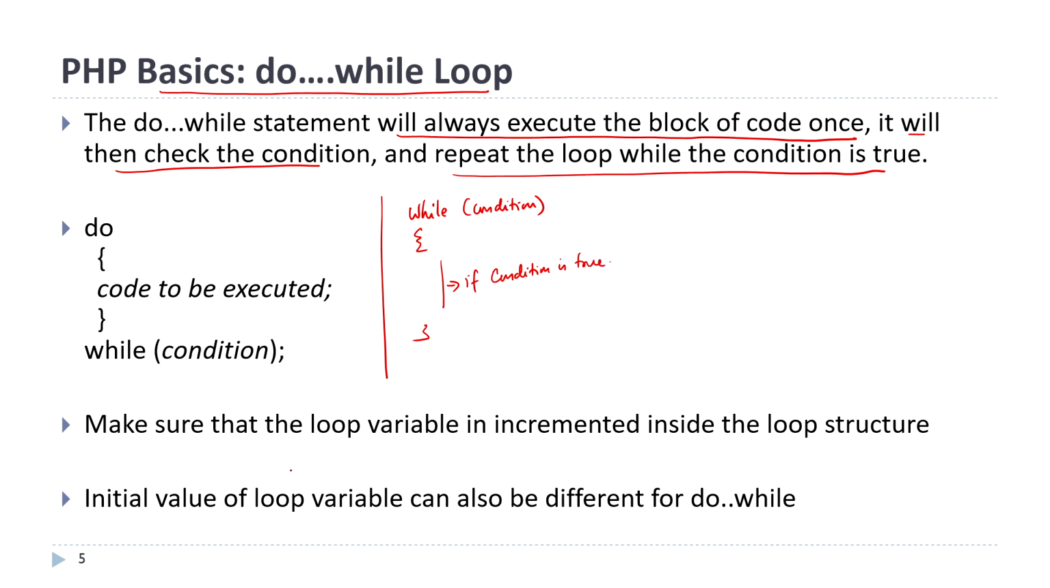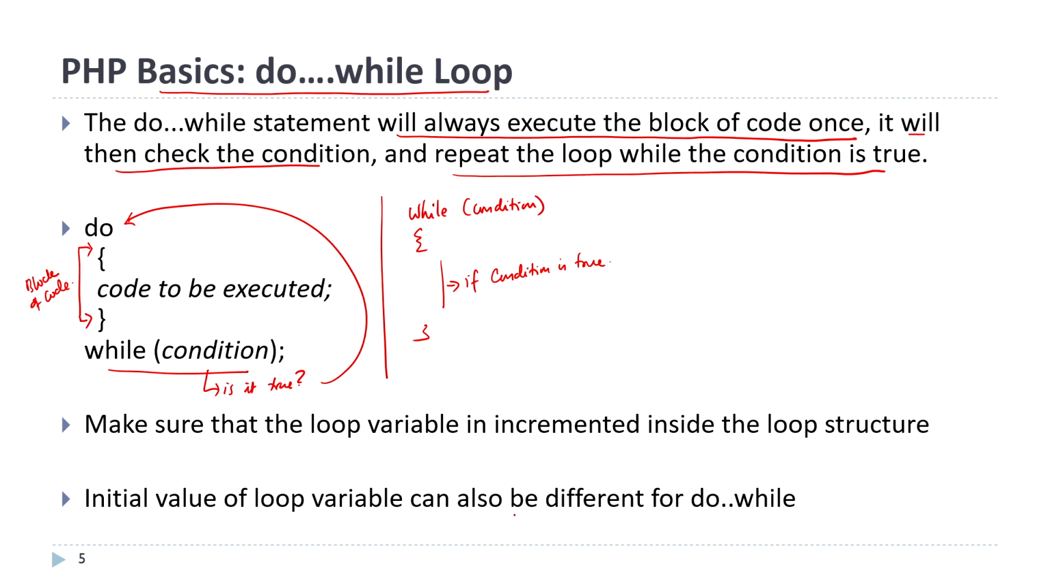Do, on the other hand, will execute the block of code once, and then it checks the condition. Checking the condition is the second step. And if it is true, it will go back and execute the code, and it will continue to do this until